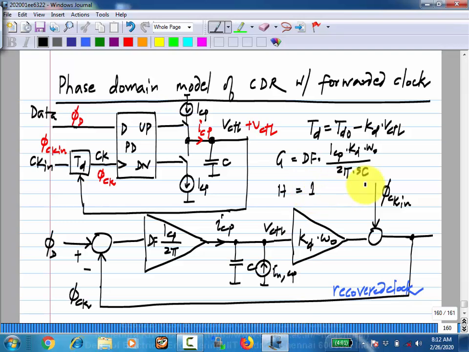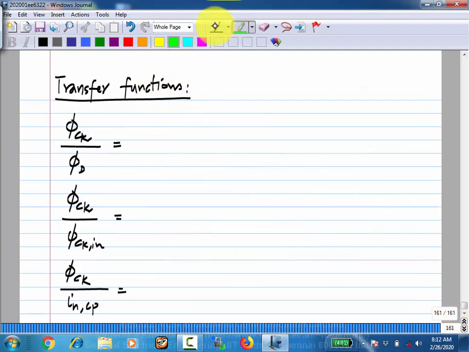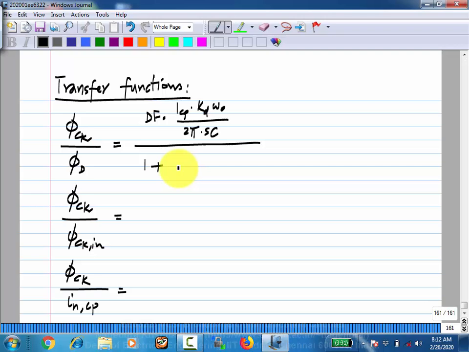Okay. So now this phi ck by phi d will be G by 1 plus GH, or G by 1 plus G, okay. So this will be density factor ICP KD omega naught by 2 pi SC by 1 plus this can be written as